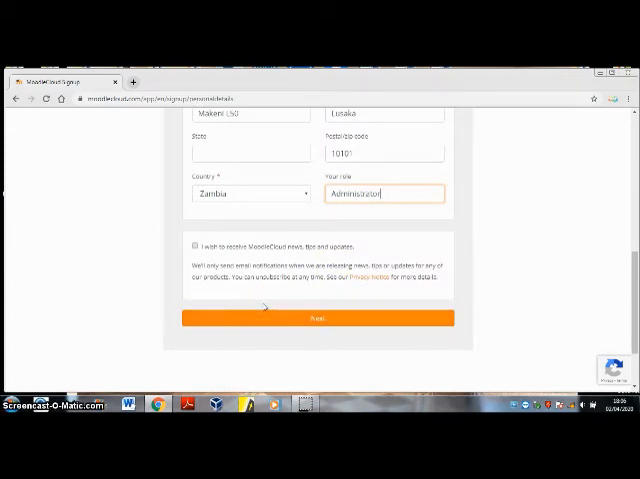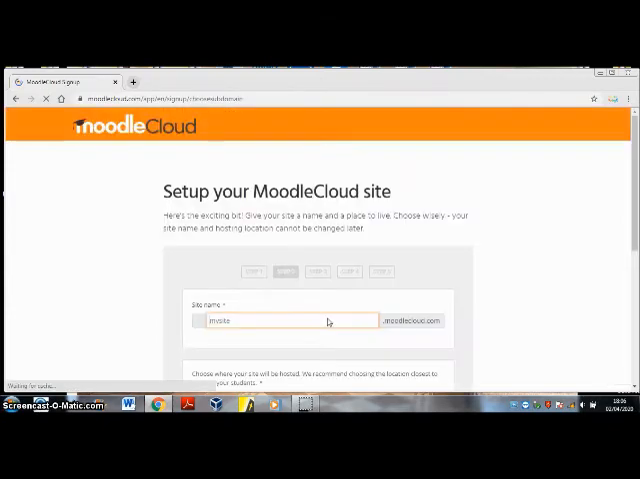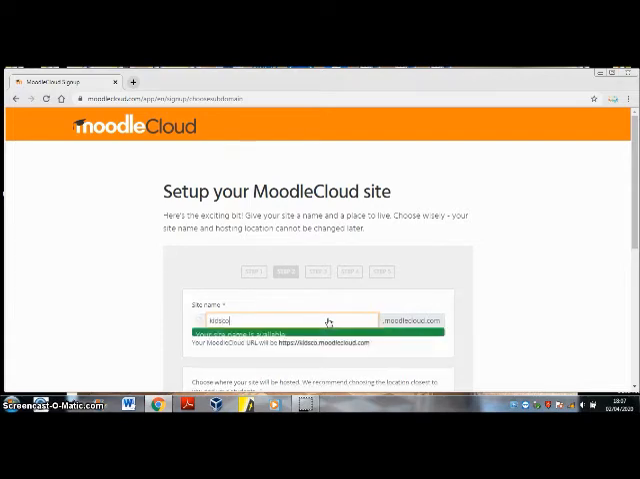If you wish to receive Moodle Cloud news, tips, and updates, well, you can check this box and click on Next. Okay, set up your Moodle Cloud site. So we are going to give a name to our Moodle Cloud site. This is the name students are going to be using, entering into their web browser, for them to access their learning materials. So let's see which name is available. Let's call it Kids